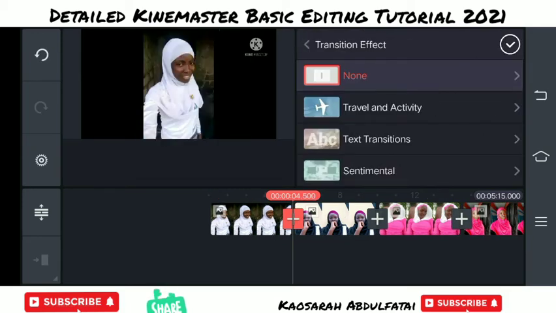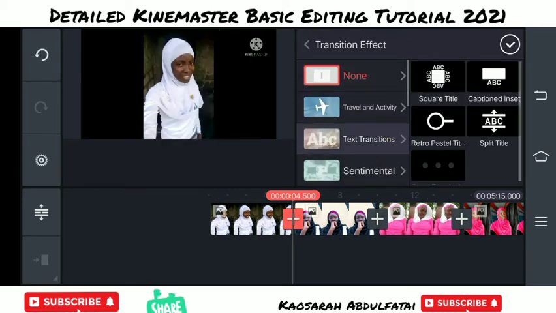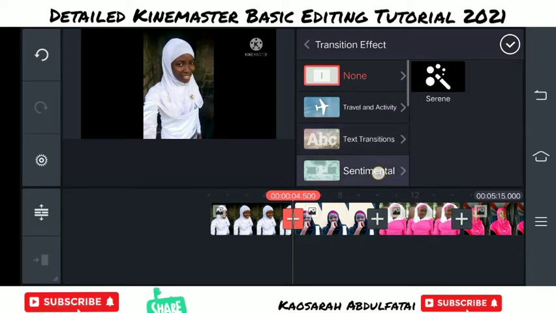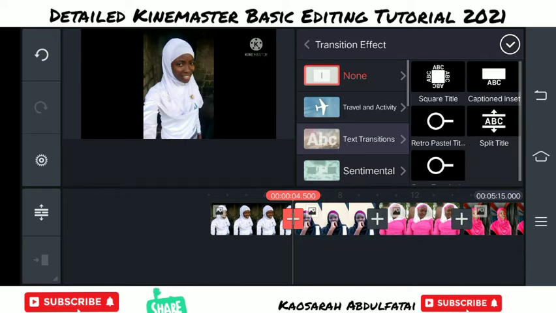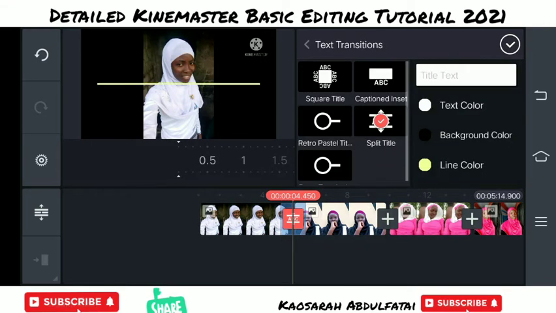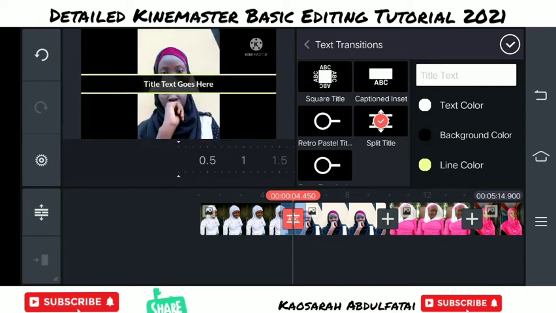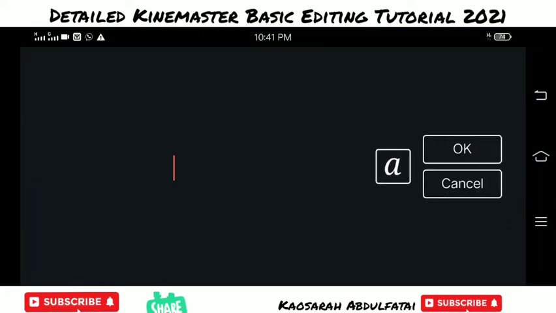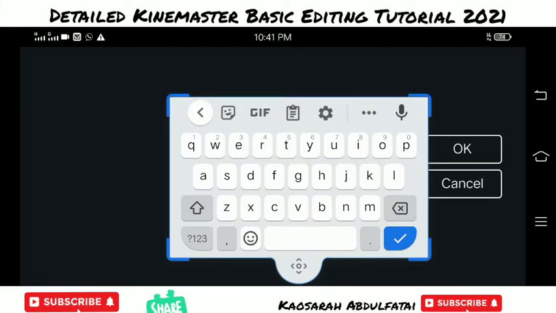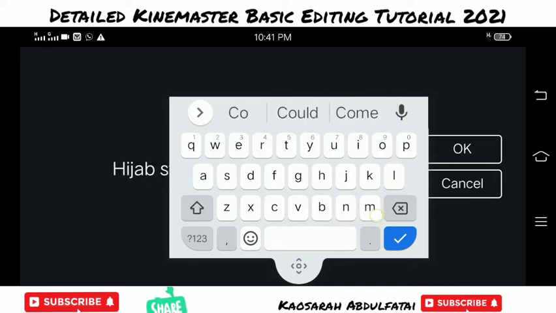Then you can select what kind of transition you want to use in between your video. The first transition I clicked on needs me to type something, so I'll be typing what the video is all about. But the transition between these items will be fast, not slow, unlike the transition you make for the beginning of the text, or when you want to add certain information in the video. That other way is an effect, but this one is a transition because it's in between the text, in between the video, depending on what you're creating.